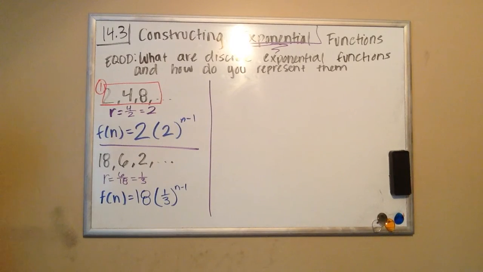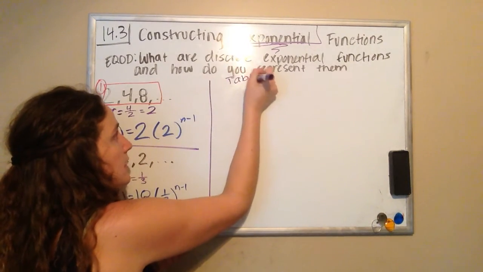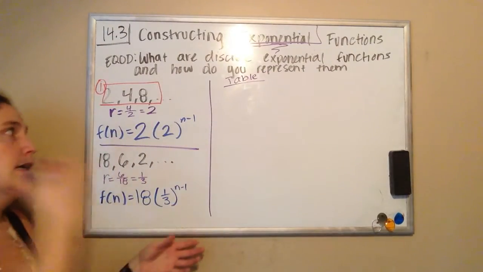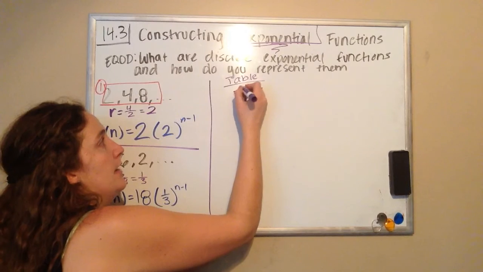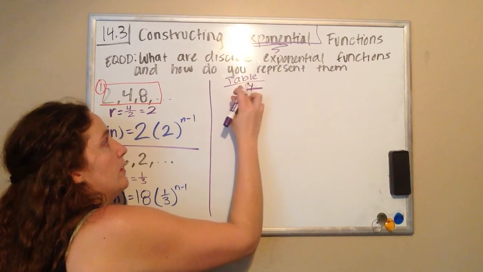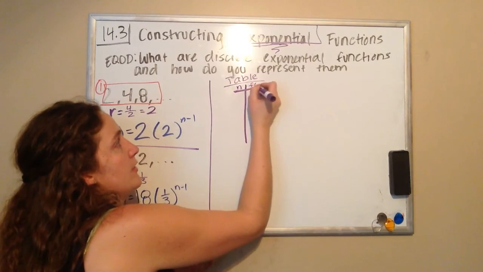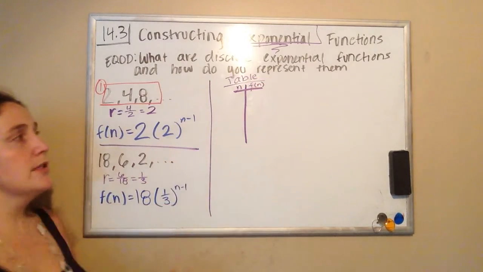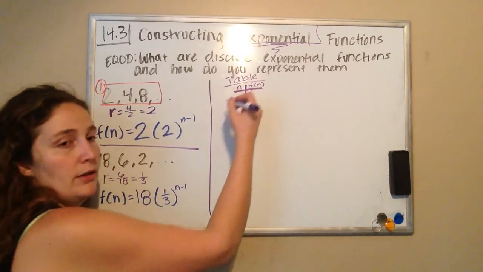Okay? Another way that we can represent it is as a table, right? And a table, basically, just as we've seen tables for functions. So we have an input, which is in this case going to be our n. We'll call it our n, and our f of n. Just like an xy table, we have our inputs in our n, outputs in our f of n. So we have